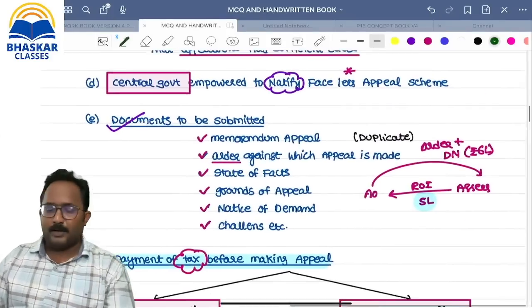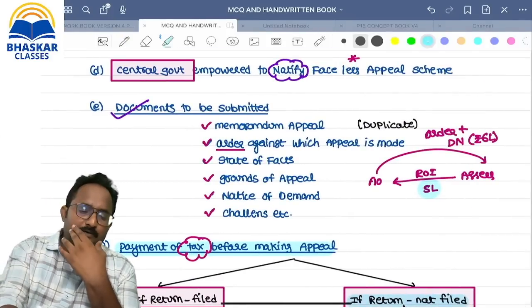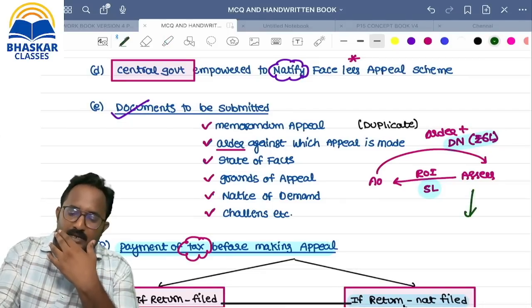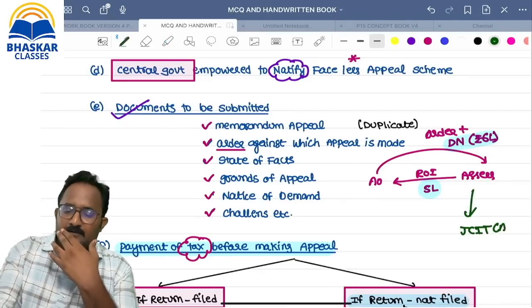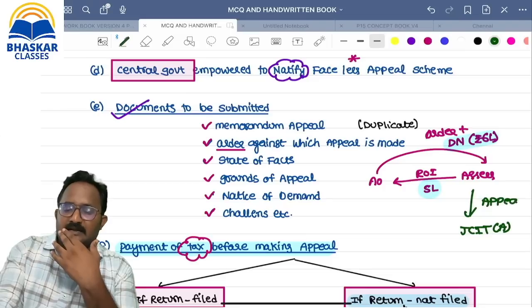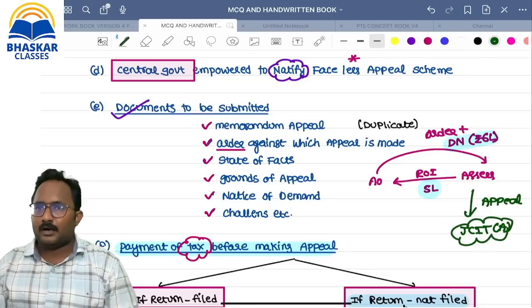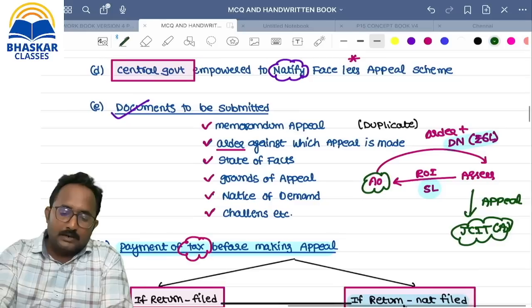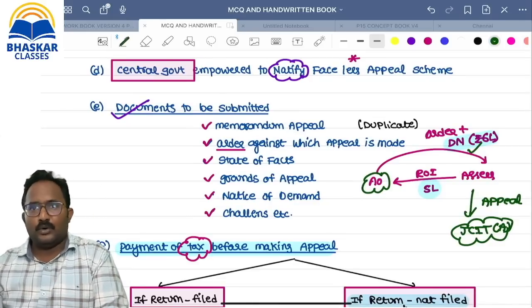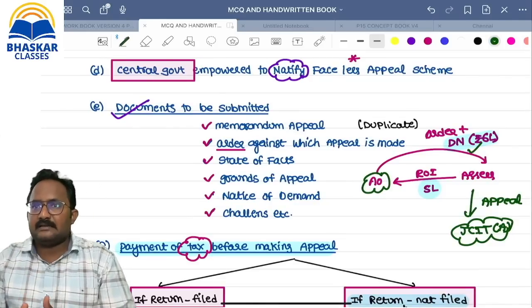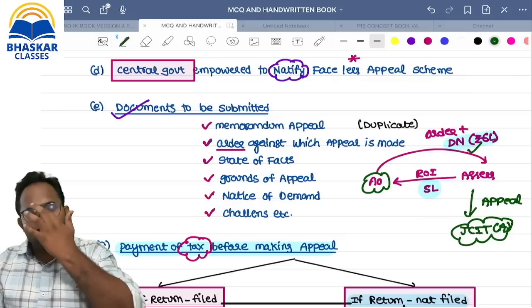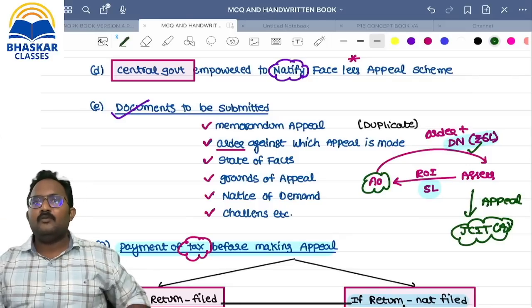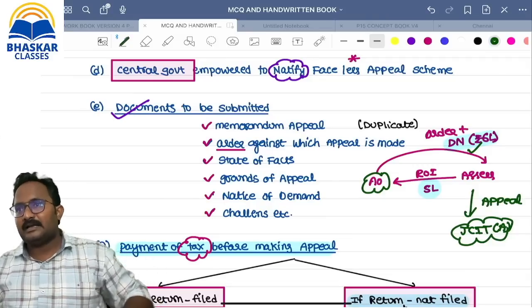In this example, please let me know. The assessing officer issued a demand notice of how much amount? 6 lakh. Now the assessee wants to make an appeal before the JCIT or CIT Appeals. JCIT and CIT Appeals can take some time to dispose of the order. But still, the AO wants to apply pressure to collect the demand notice tax. Because the provisions give clarity that you have to collect within 30 days. After that, if you are not responding, we can levy interest also. If you still don't respond, we can recover the taxes by way of attachment of assets also.